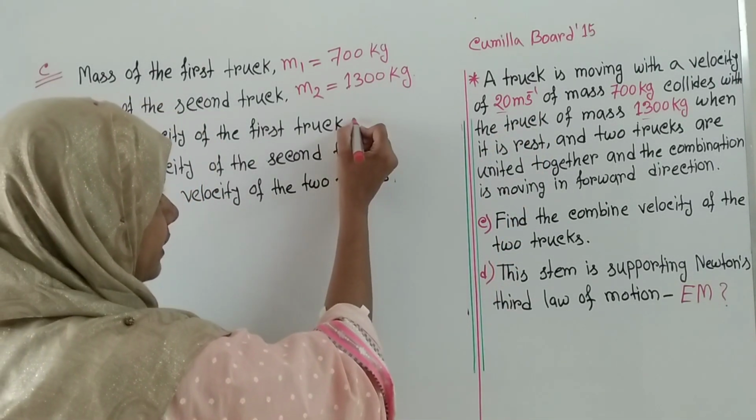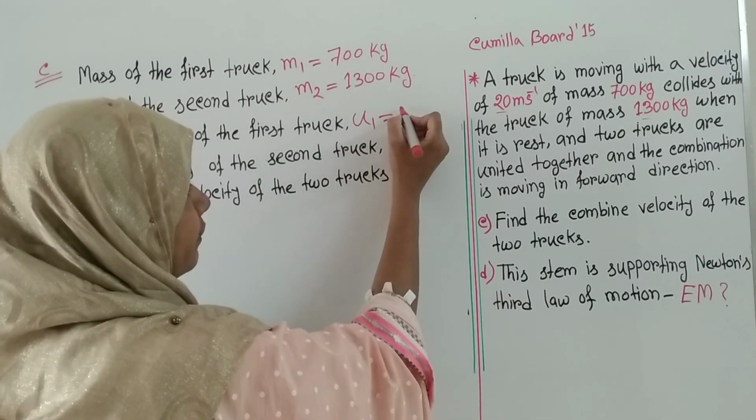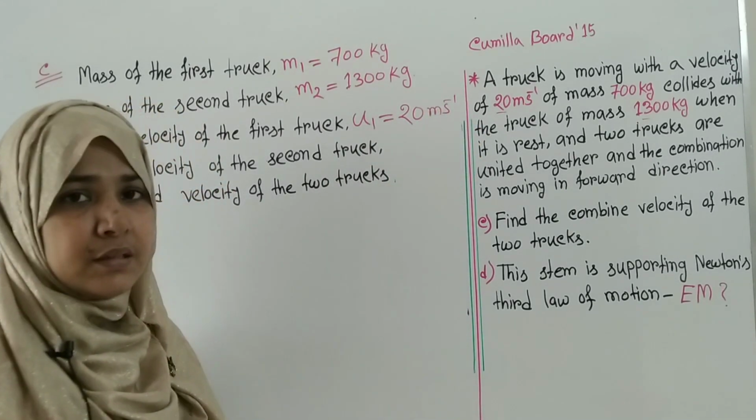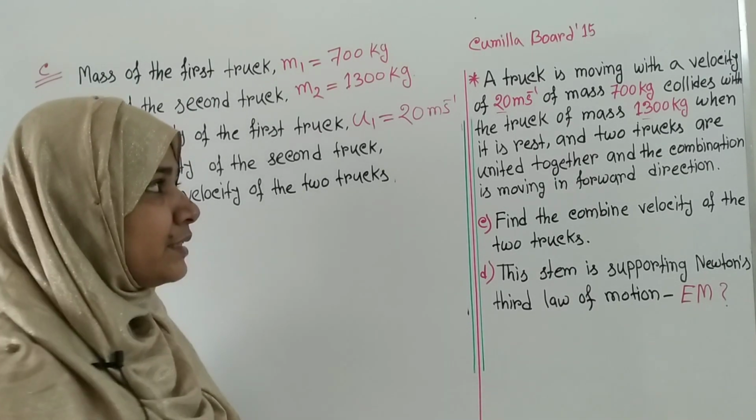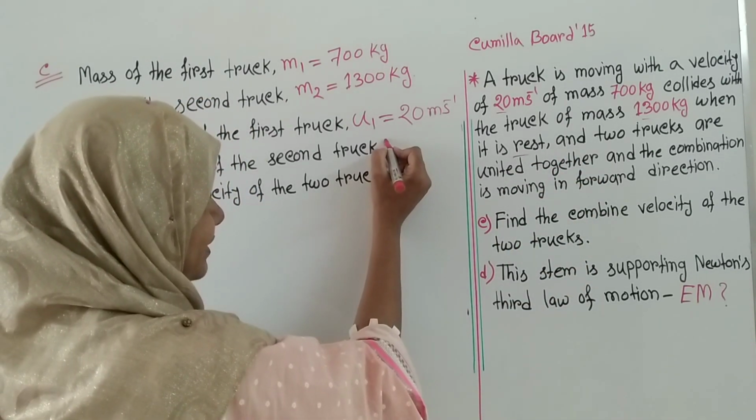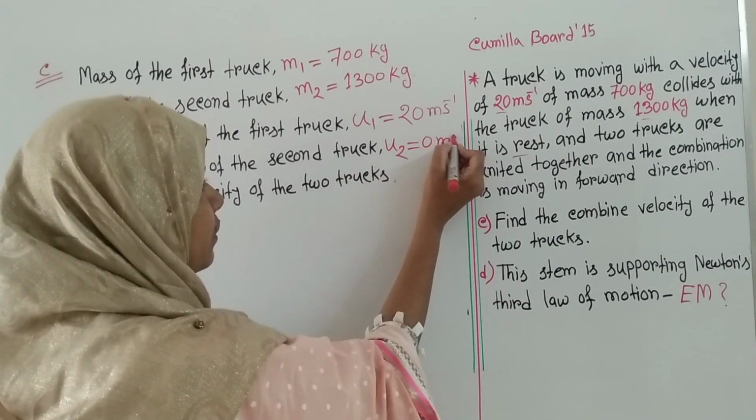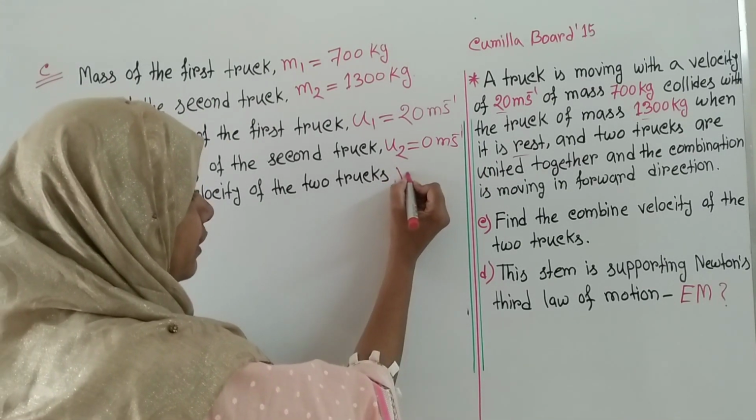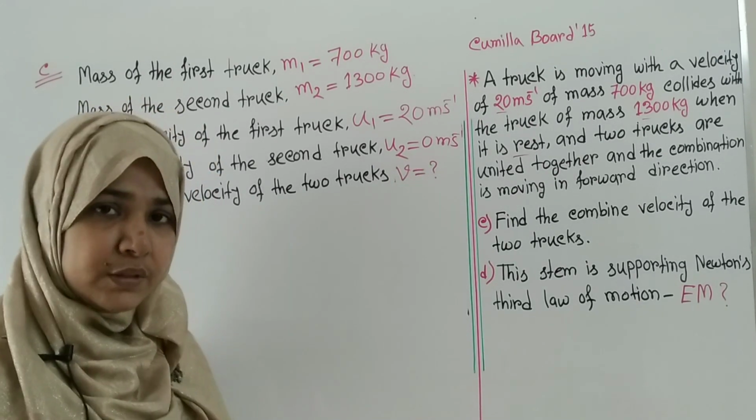So, we can write U1. You know that initial velocity is denoted by U. So, the value of U1 is 20 meters per second. Now, the initial velocity of the second truck. As you can see, the second truck is at rest. That means the initial velocity of the second truck, the value of U2, is 0. Now, we have to calculate the combined velocity. That means the value of V is equal to what? So, we know that